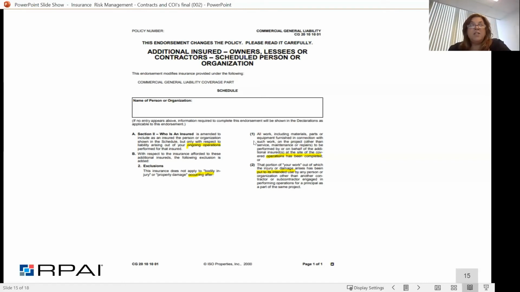The technician is on site, and while they're working on it, they cause a fuse to blow and a fire starts. According to this, I'm covered as an additional insured because the fire started stemming from their work.